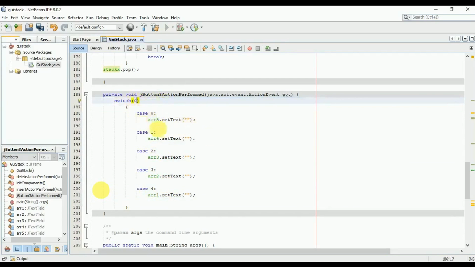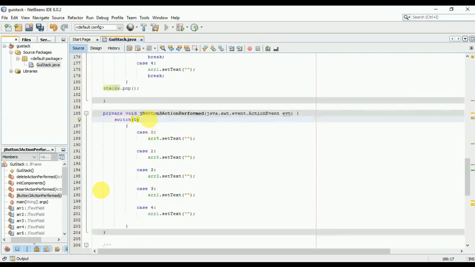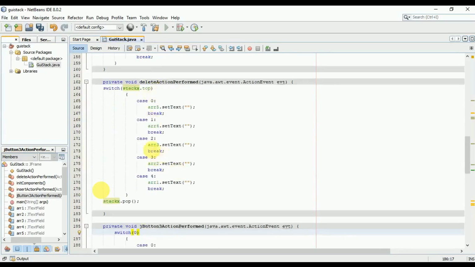Like if it was called as case 3, array2.x will become empty and it will break. It won't affect any other. But in this scenario, if we have